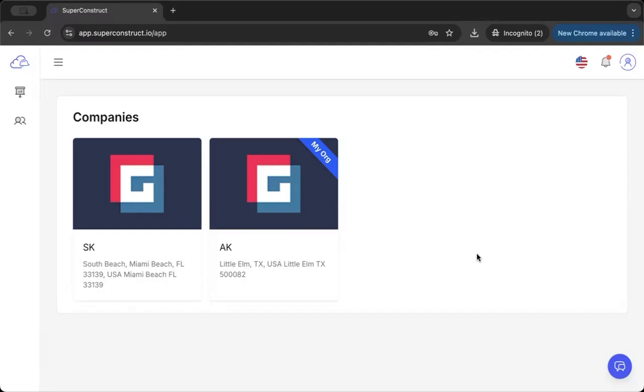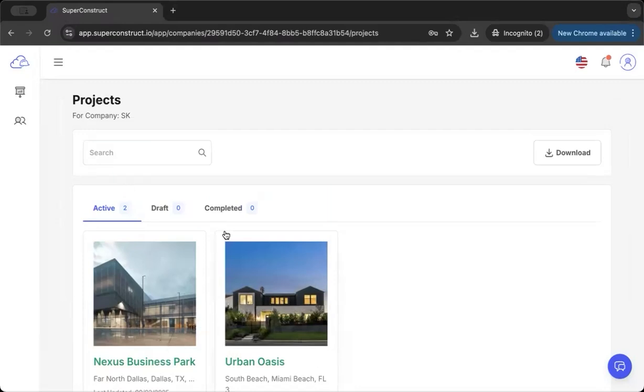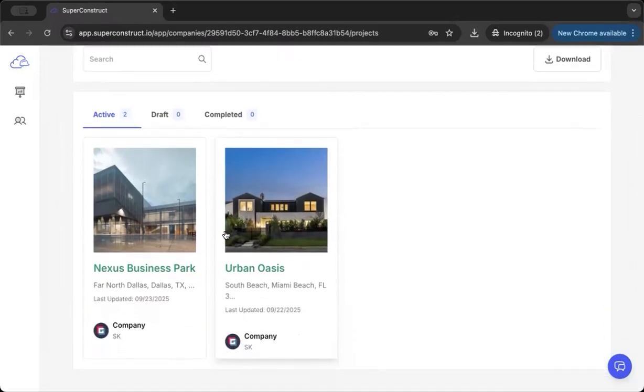In this video, we're going to see how to create a folder and upload files into the folders in SuperConstruct. Once we log in, we land on the page where we see the companies we are associated with. On clicking the company, we get to see the projects that we are associated with, which are a part of